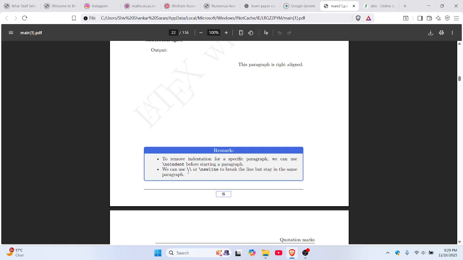Instead of double backslash, we can also use backslash newline to break a line, but to stay in the same paragraph. Okay,